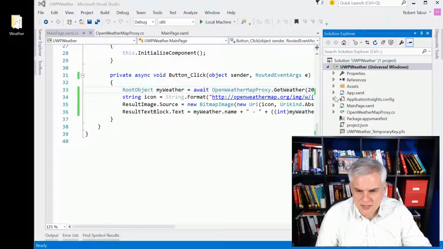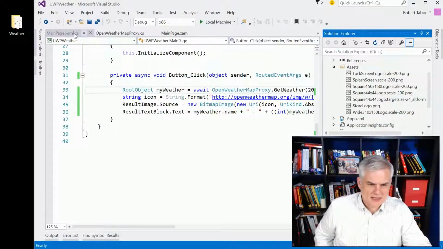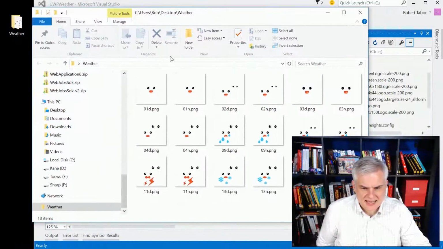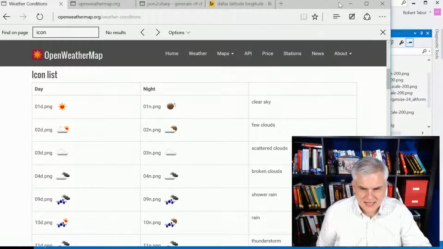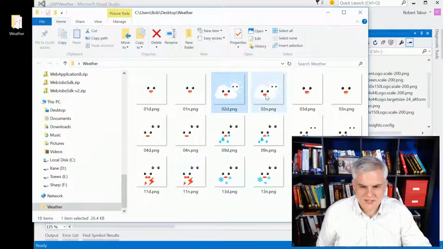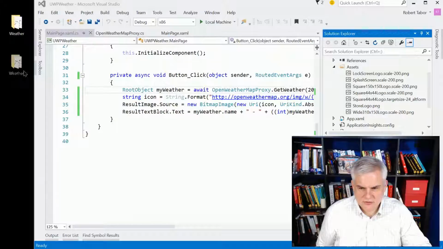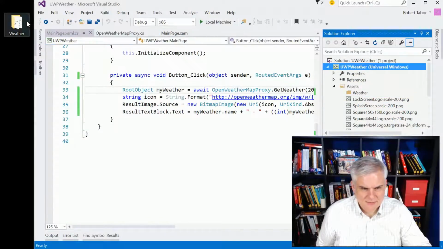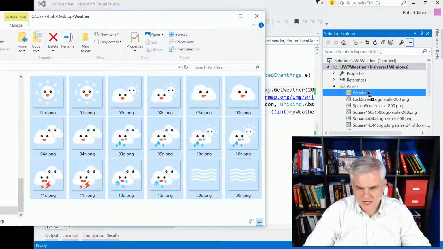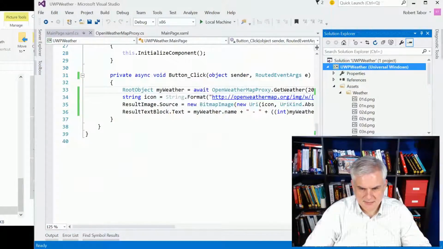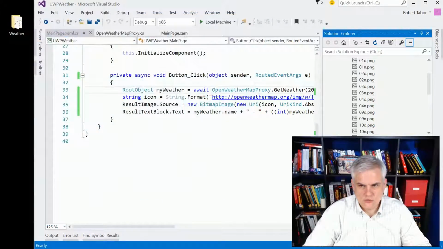Okay, so to begin with, what I'm going to do is copy this folder of weather assets. You can see that I have essentially a copy. I've used the exact names that they used on their icon list, and I had a graphic designer I know create some cute weather icons, so again they're royalty free, and now I can use these in my app. So I'm just going to drag the weather folder up. Had that same issue we had last time, that pesky issue, so let's select everything. Drag and drop. It's going to say, hey, it's already there. Yes, copy it. Okay, great. So now all I need to do